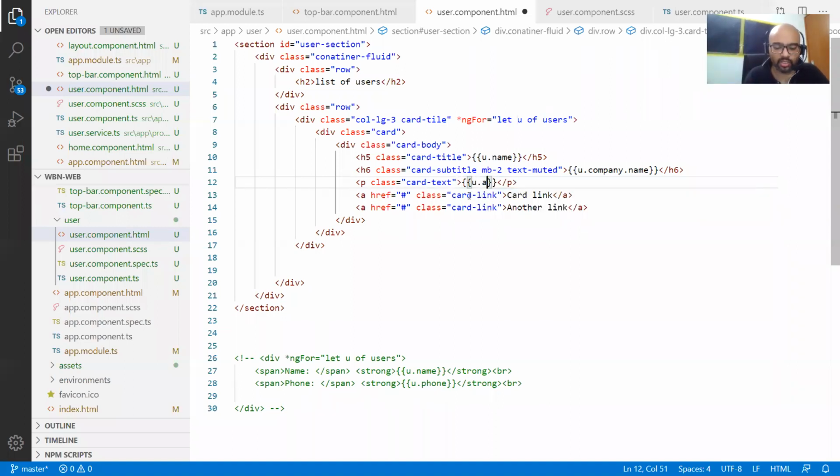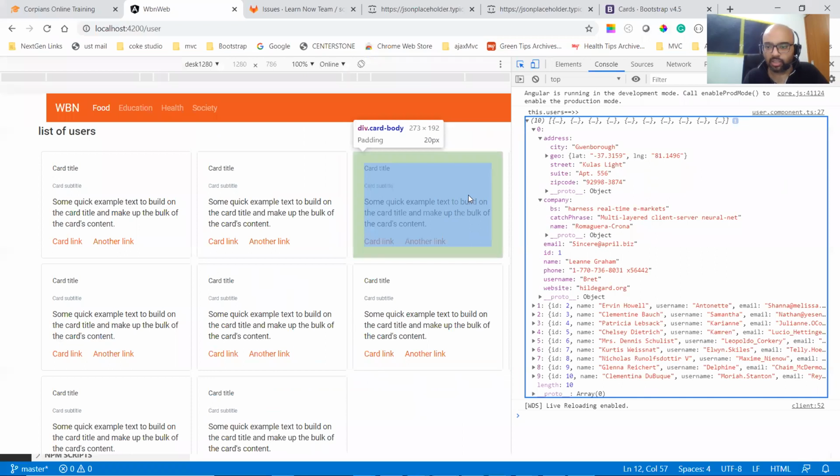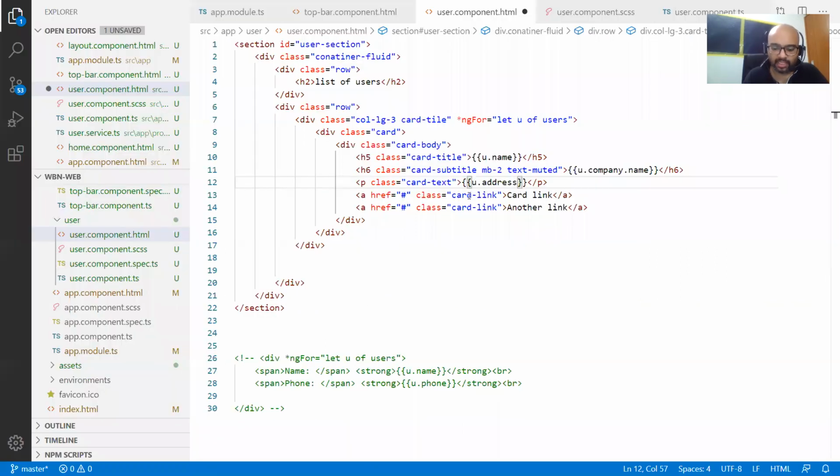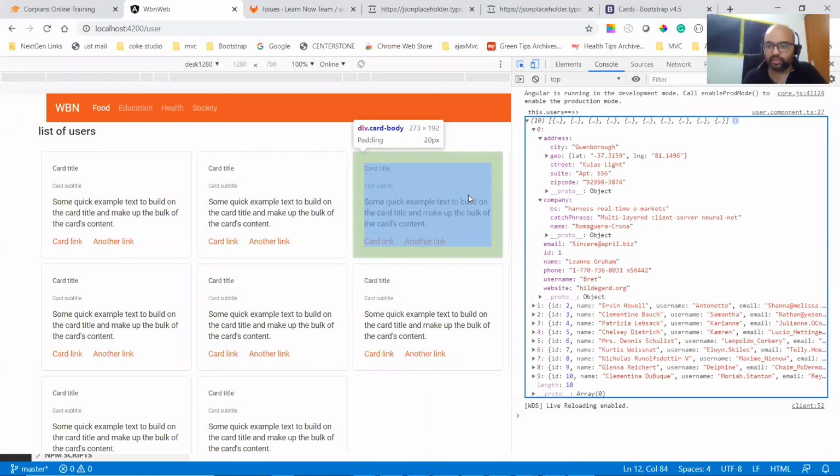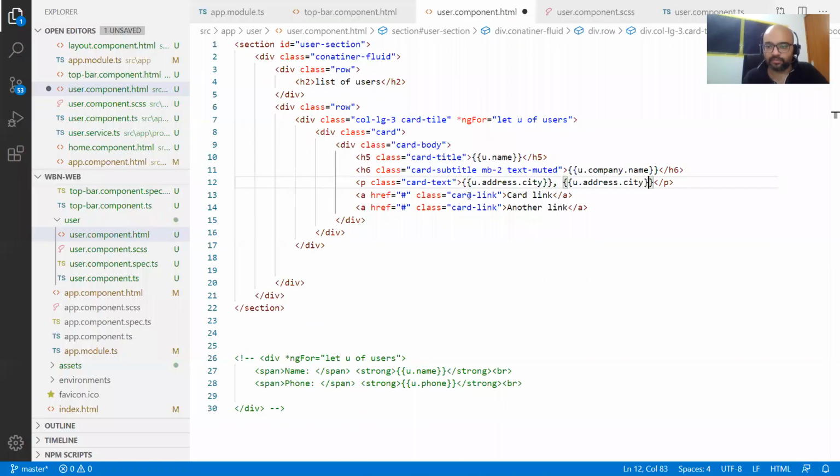So I say u dot address dot city, comma. After city, what do we have? Maybe street. I think street should come first. Street. Someone has a question.